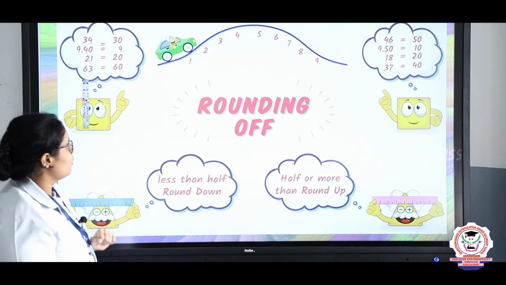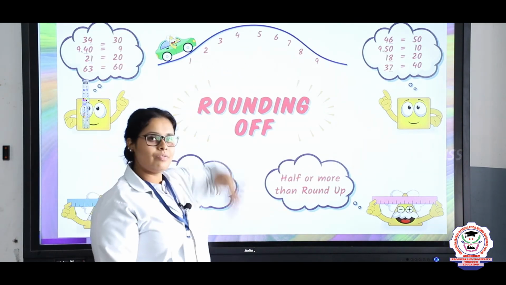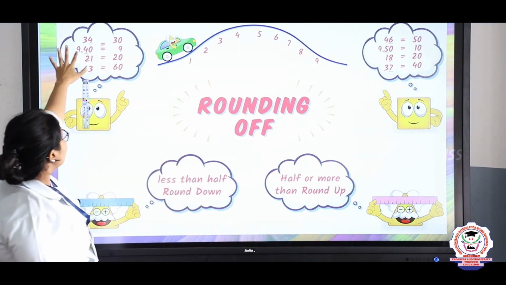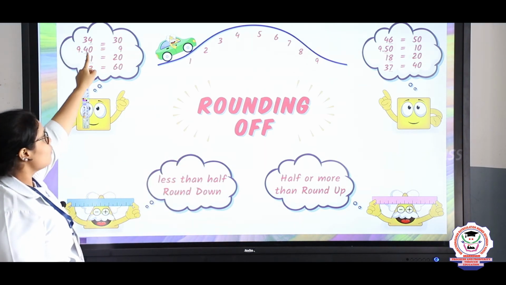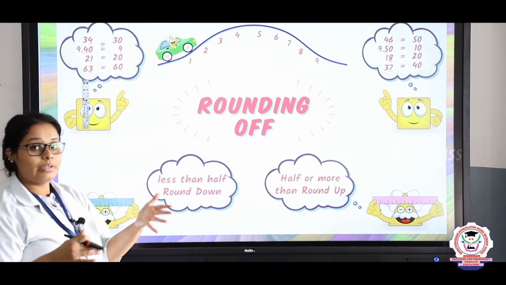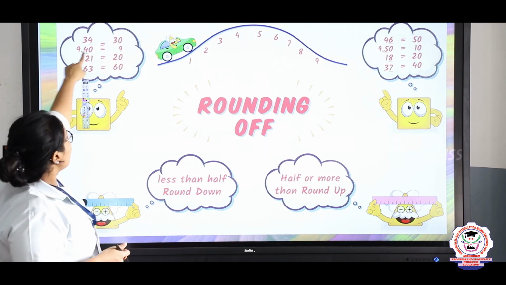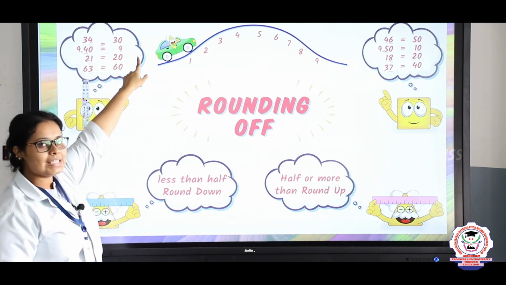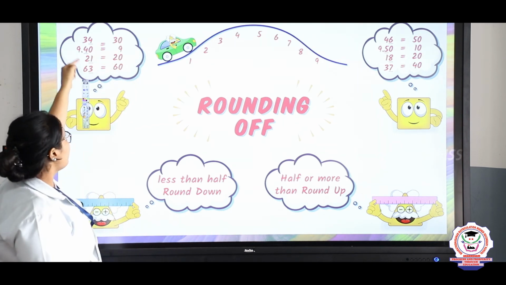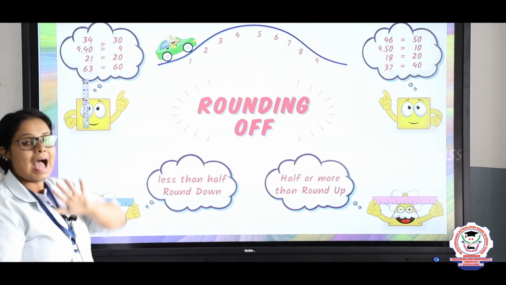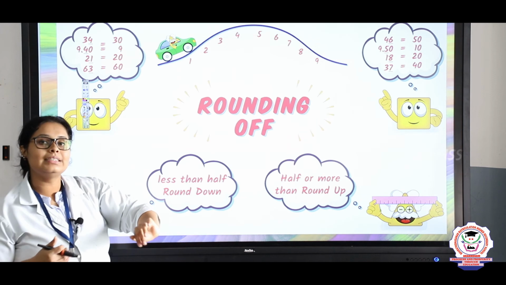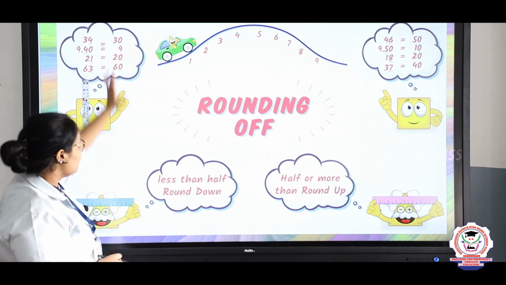Now, see here, children. Here you can see that there is a 5 at a very height. Now, what is happening is, here if I am taking the value of 34, I want to round it off, then the 4 value is less than 5. So, if I want to round off, it will come as 30. Same way 9.40, if I am rounding it off till 9, 4 is less than 5. So, it will come as 9.